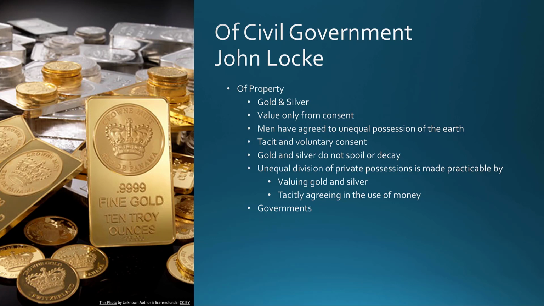So he thinks that once we have civil society, governments regulate this. They regulate possession of land, money and property, etc. So the gist of it is, once we have money that doesn't spoil, people can use their money to hoard. They can hoard it and get a bunch of it, and then buy everything. And Locke seems to think that's all just fine because we all agree to this.